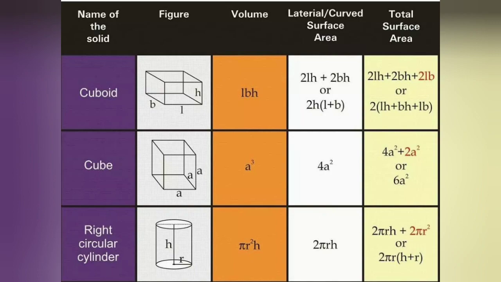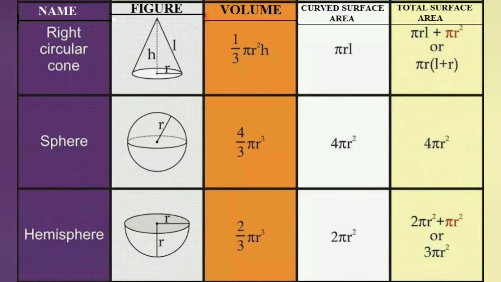Similarly, we have the next set, which is right circular cone, sphere and hemisphere. Now, on the basis of these formulas, as I have already shared with you, we would not be dealing with the shapes individually. We have to deal with combinations of these solids. So on the basis of combinations of solids, questions can be one solid converted to another or one solid surmounted by another. So let's take up one question and see.